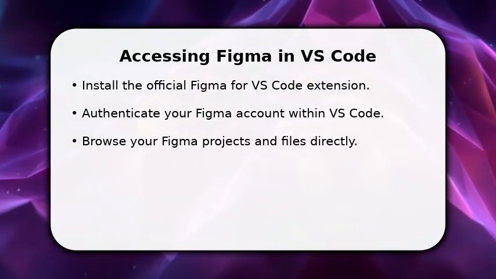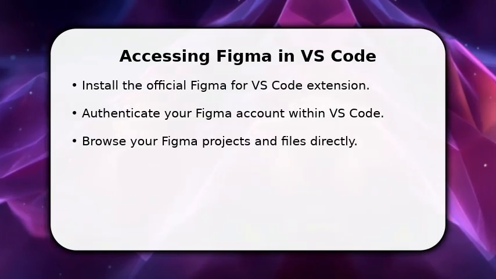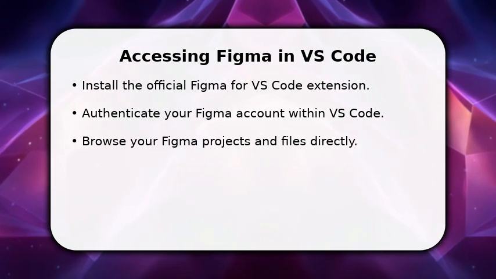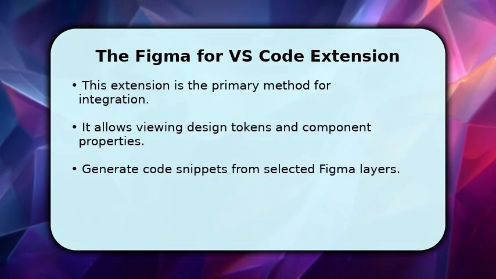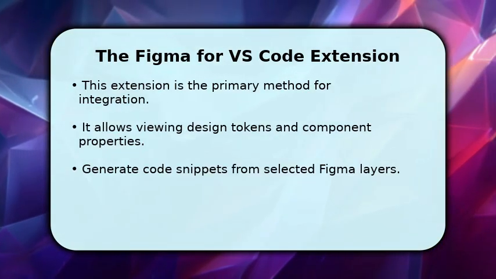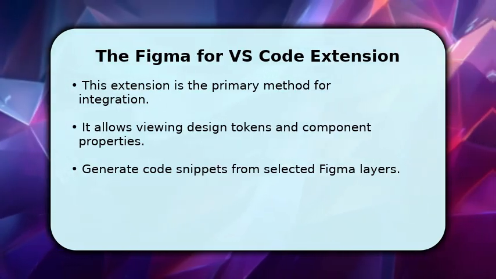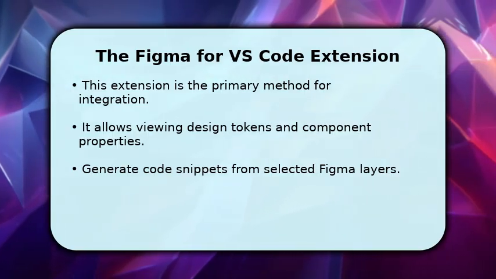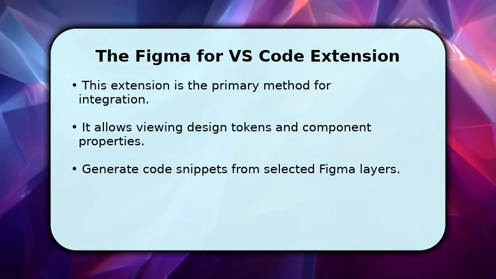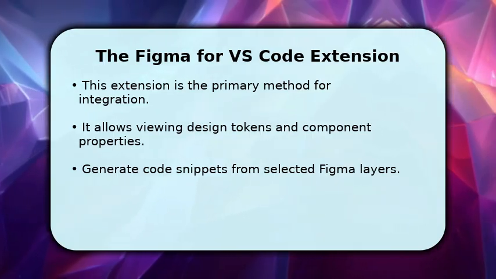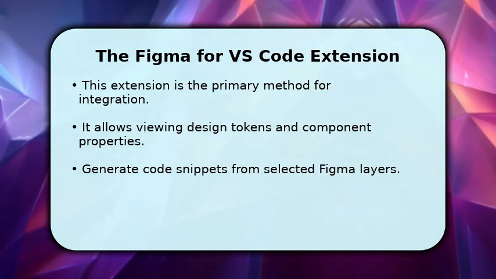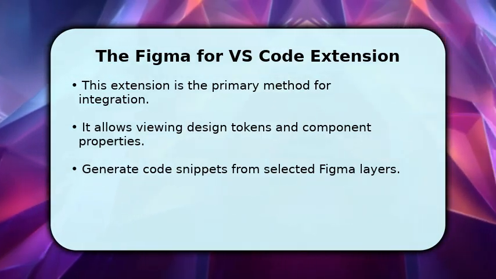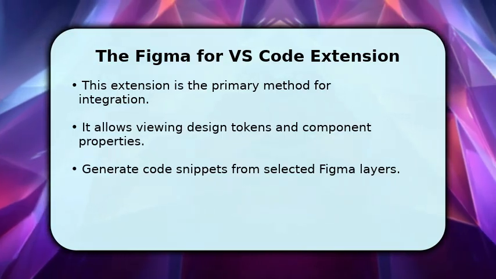This integration allows you to browse your Figma projects and files without ever leaving your code editor, streamlining your development workflow significantly. The Figma for VSCode extension is the essential tool for bridging your design and development environments. It provides a powerful interface to view design tokens, inspect component properties, and even generate useful code snippets directly from your selected Figma layers. This saves developers a significant amount of time, reducing context switching and ensuring design consistency across